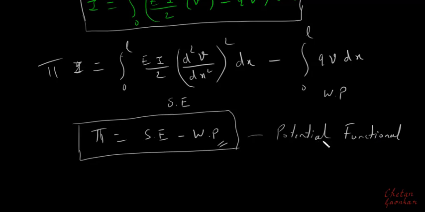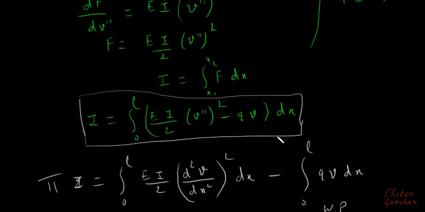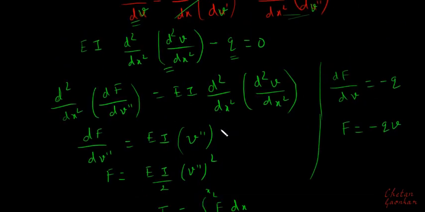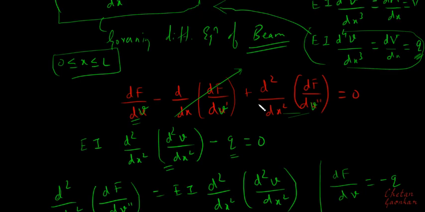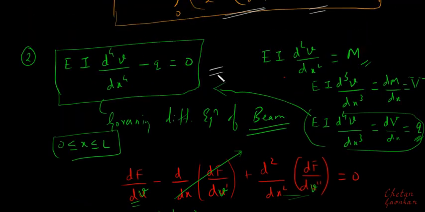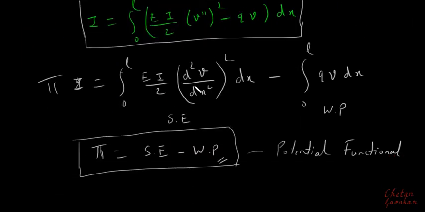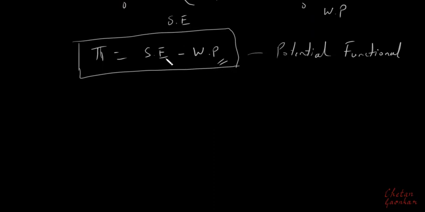So for structural problems, we need not start from the governing differential equation, but rather we can directly start from here. If we know the strain energy and work potential of any structure, we can directly obtain the solution for those problems right from this step, and this procedure is called the